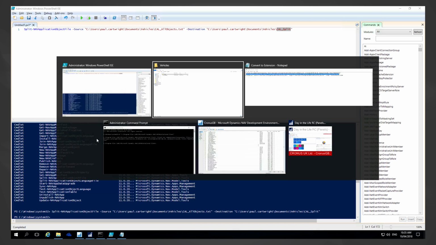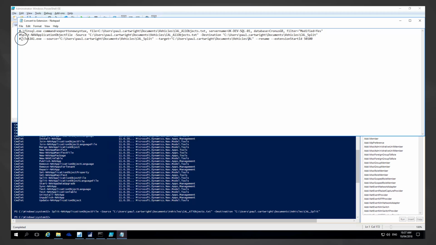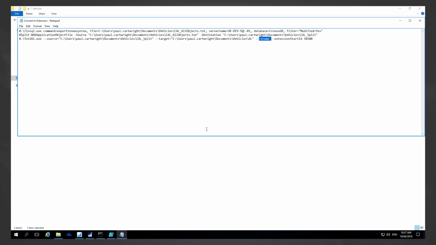So if I go back into my folder, I can now see a file per CAL object. Notice the naming of these files, they're prefixed with object and then object number. Now I have some split files. The last step is to convert those to AL using the text2al command, which you can see is in my example here. Again, we have a source folder and a destination folder, so I need to go away and create my destination folder of AL. This will also rename the files to a more human readable format, which is quite a nice functionality. So I'm going to create my AL folder,